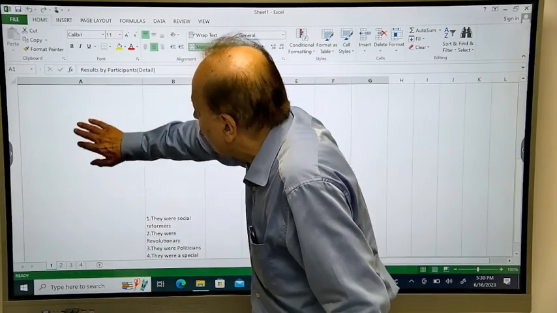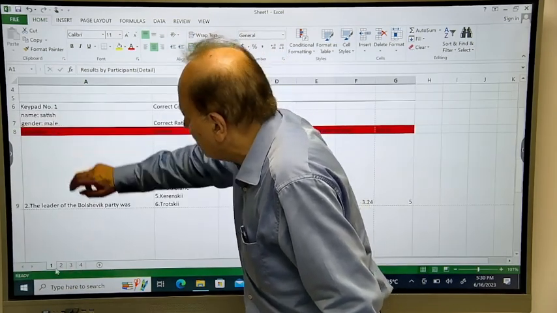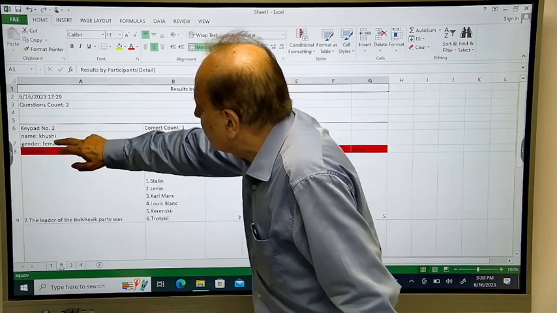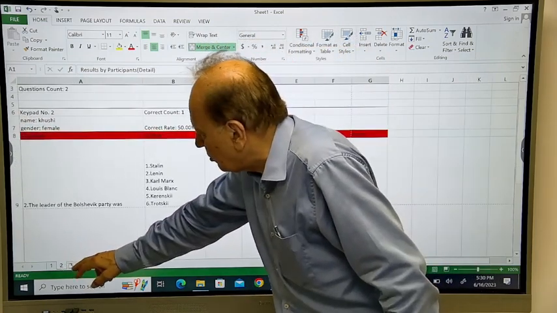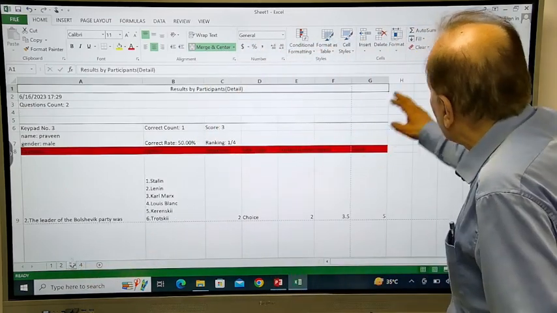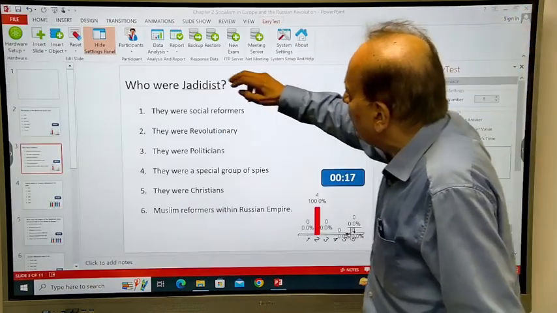The next student is Miss Khushi. This is what she has answered over there. Let's go to the next one. This is it. Let's close this. And you can get